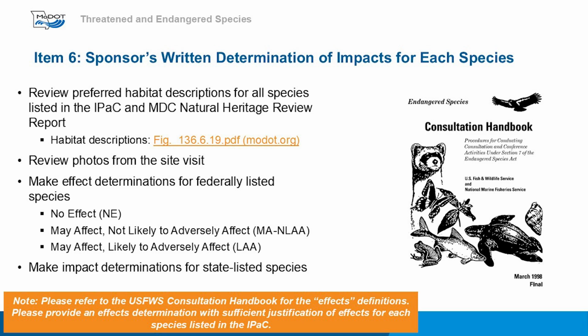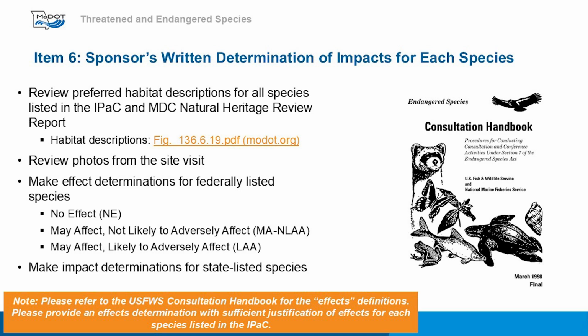An example of a may affect likely to adversely affect determination would be a situation in which the same mussel would have its mussel bed destroyed during construction, or the downstream contaminants from the bridge replacement would alter the mussel bed, kill the mussels, or reduce the mussel population. Following formal consultation, mitigation could include restoration of a degraded stretch of stream that can support the threatened or endangered